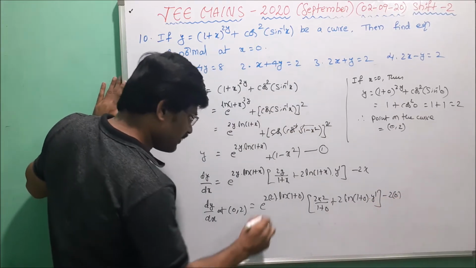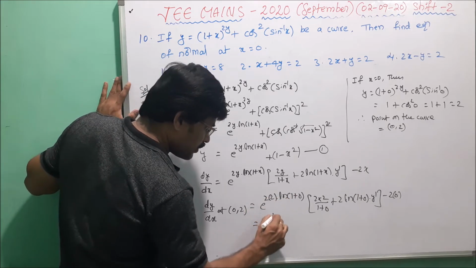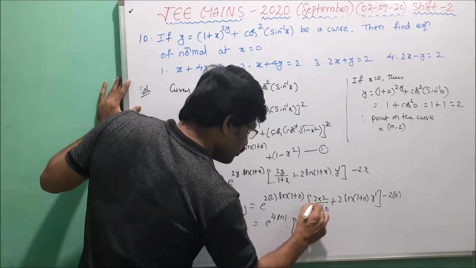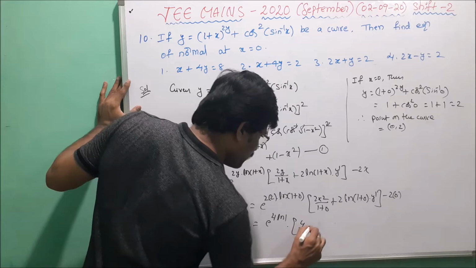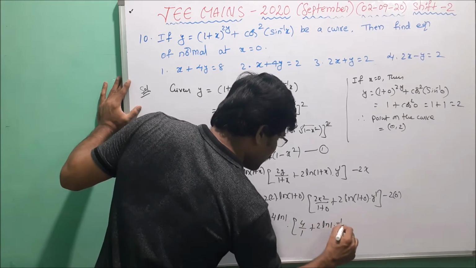Now it can be simplified: e power 4 into ln 1 into 2 to the 4 by 1 plus 2 into ln of 1 into y dash